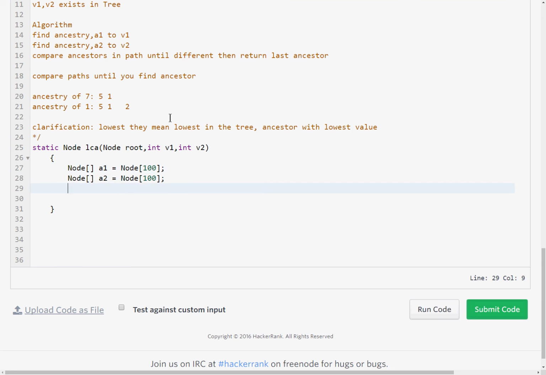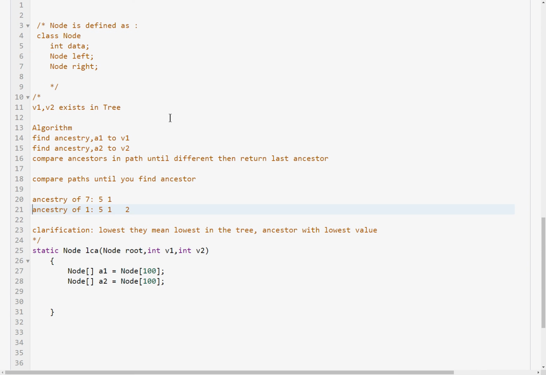Well, I guess we can make a method for getting the path to A1 and A2, so we don't have to repeat ourselves. Or we can repeat ourselves. Anyway,